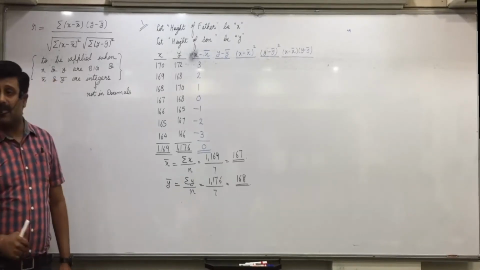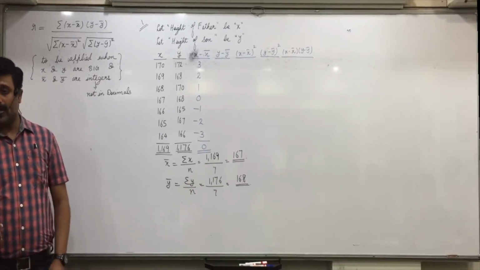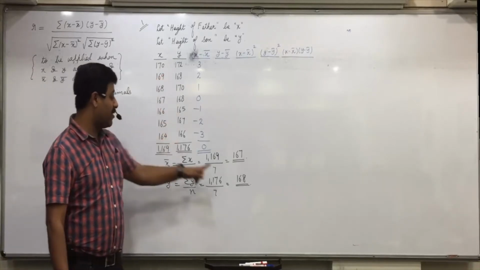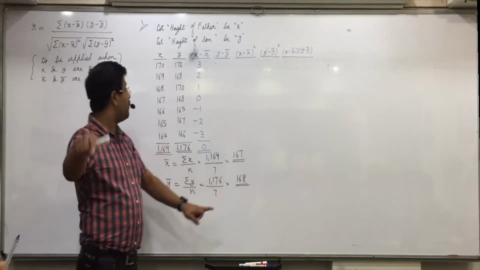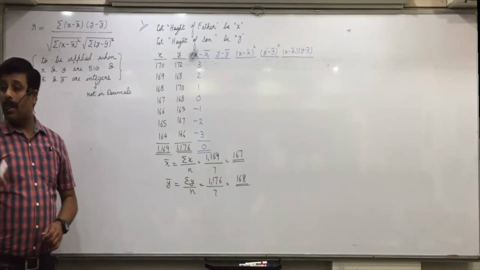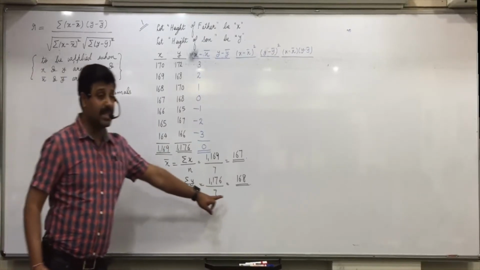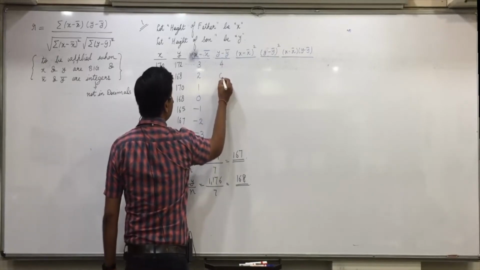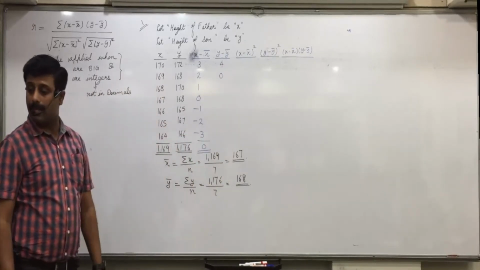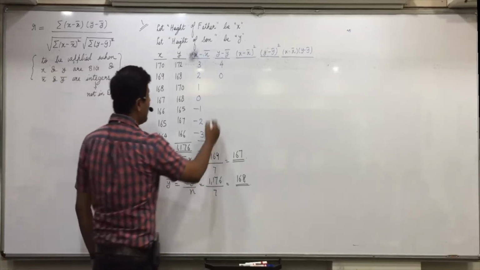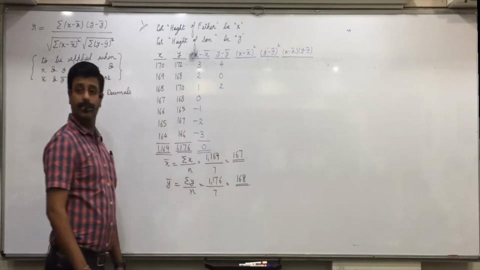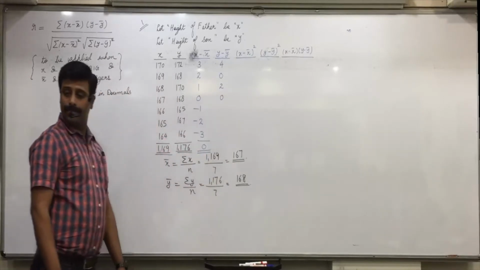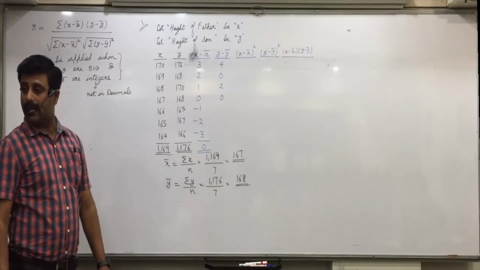Let us do y minus y bar with the shortcut in a non-Casio calculator. Casio users do it completely. From all the values of y we have to minus 168. Do it. 172 minus 168 equals 4. 168 equals 0. 170 equals 2. 168 equals 0. Able to get it, everyone?